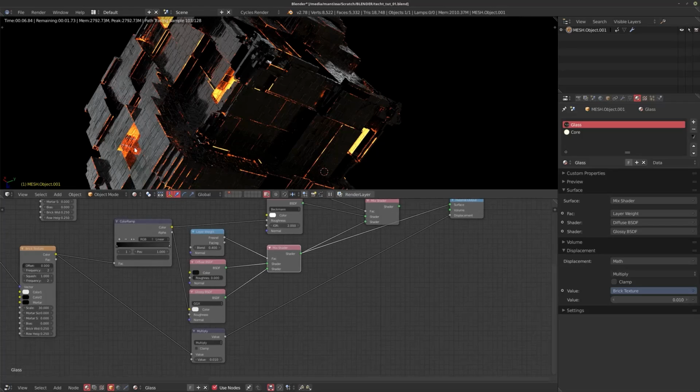And whenever I'm shading, something that's really important to keep in mind is not just what your object is supposed to look like, but what story is it telling? Is it new? Is it old? Has it been through a lot of stuff? Is there dust on it? Is there grime on it? Are there imperfections on it? And I try to make even the most perfect objects look a little bit imperfect.